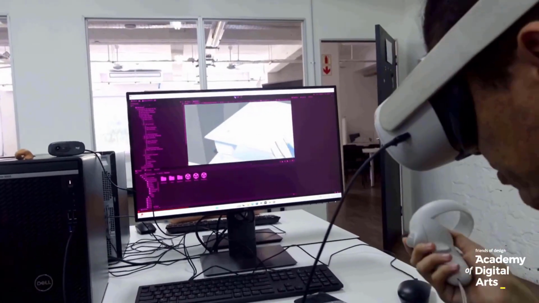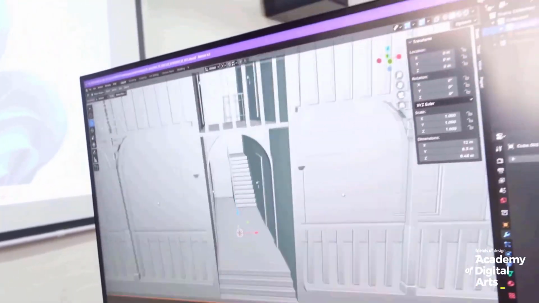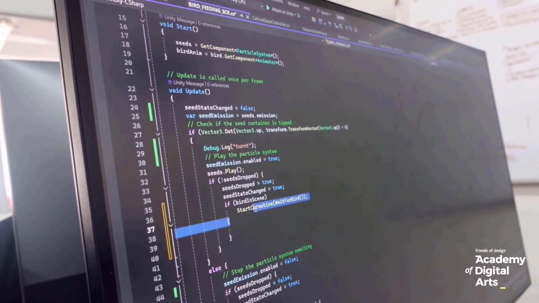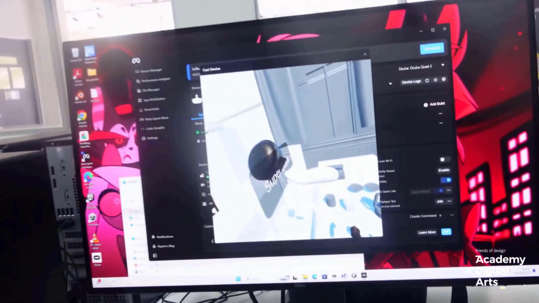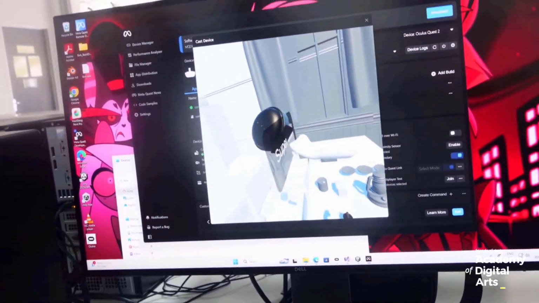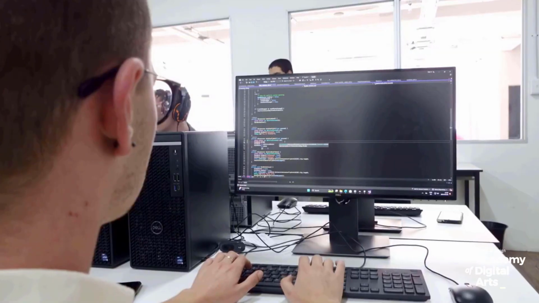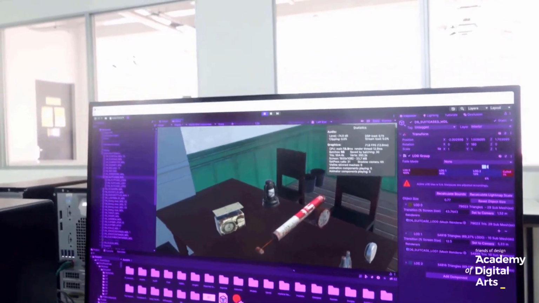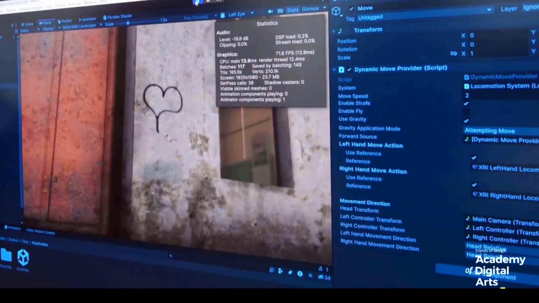As you can see, they're working, as I mentioned before, as a team, creating all the different aspects of this virtual reality experience, including the code and the 3D models, and figuring out how virtual reality works because they've never done it before. But with the basic skills that we taught them, that enables them to go into new technologies and stay relevant. The virtual reality experience that they created was more of a documentary style kind of interactive virtual reality world